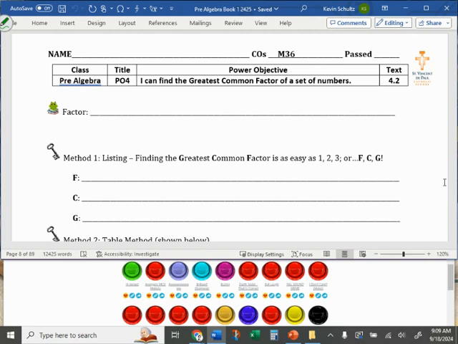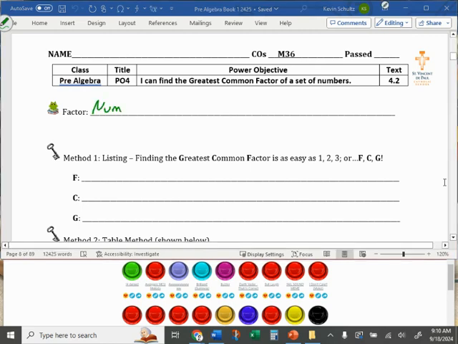So first of all, we need to figure out what factors are. What is a factor? You've heard the word for sure. What does it mean? I'll use it in a sentence. What are the factors of 12? Like numbers that you multiply. Yeah, okay. So a factor is a number